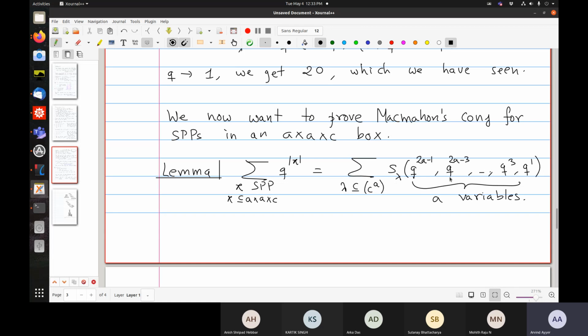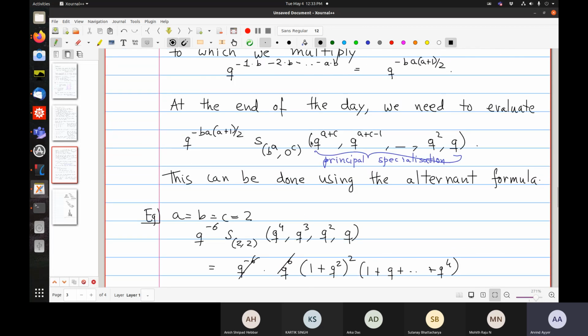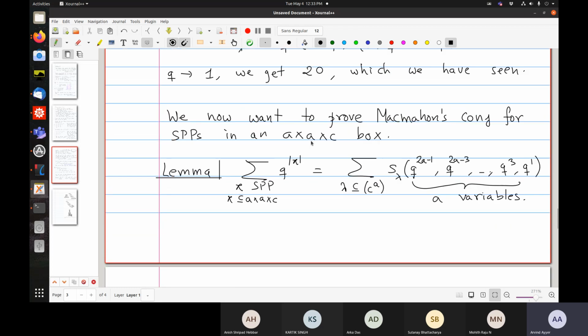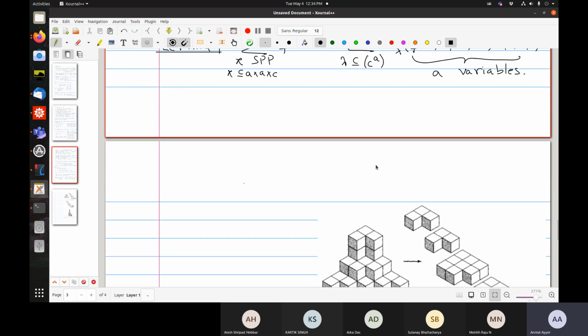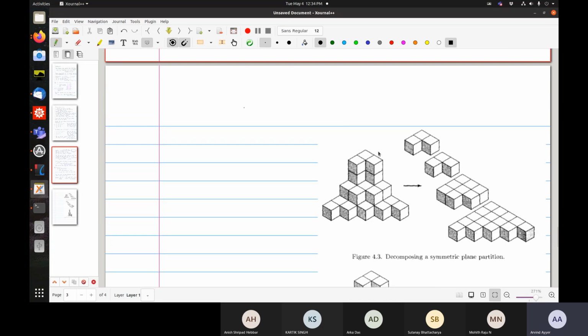So this is now genuinely not a principal specialization, because now there are gaps of 2. And what complicates our life a little more is that your lambda sits inside C to the A. It's a sum over lambda. It's not a single Schur function, unlike the box formula. There you've got one nice rectangular Schur function. Here you have something much more complicated. So we'll need a little more technology, and I have shamelessly stolen figures from Bressoud's book to illustrate the idea